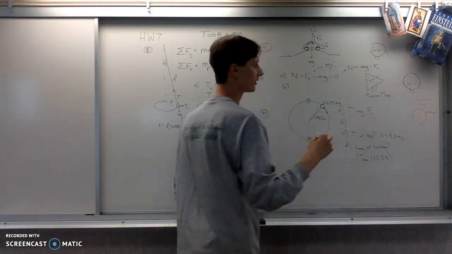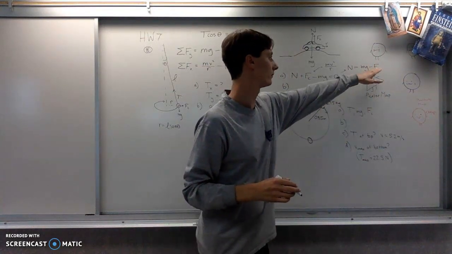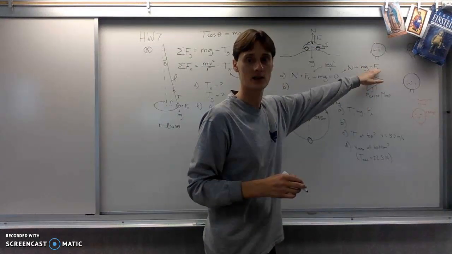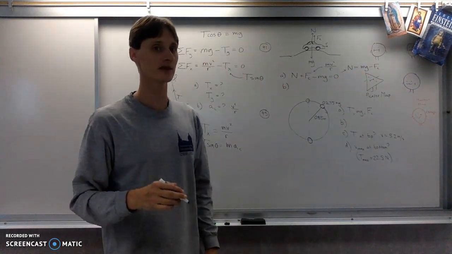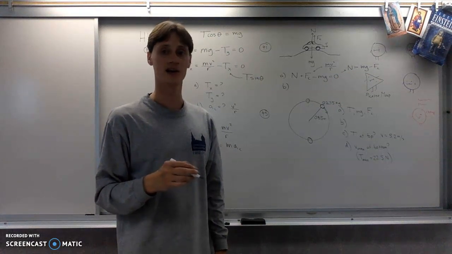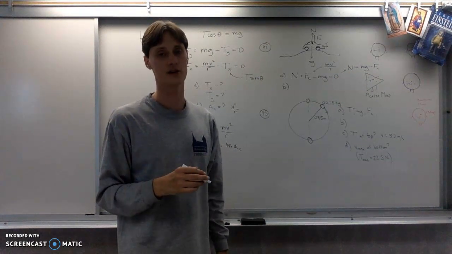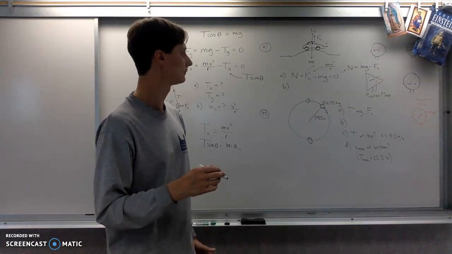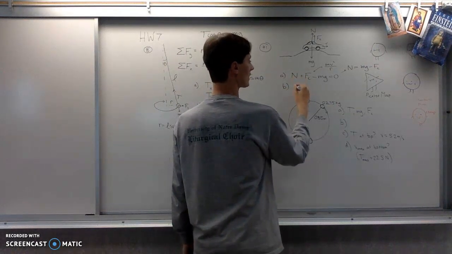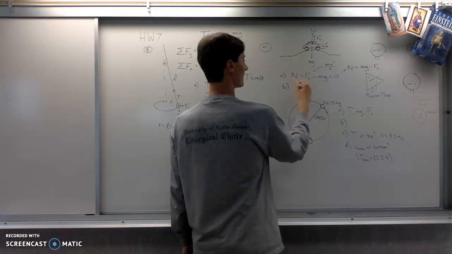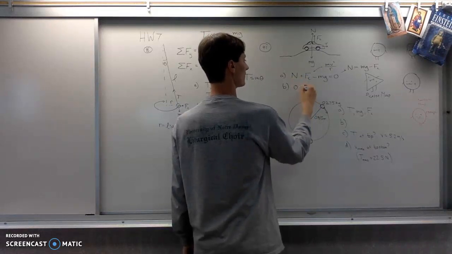All right, so the faster you go, the larger this Fc term is going to get, and therefore the smaller the normal force will get. Well, there's a limit to how far that can go. At a certain point, the car leaves the ground, and the normal force has to be 0. So you find the maximum speed by setting the normal force equal to 0, and at that point, this equation just becomes